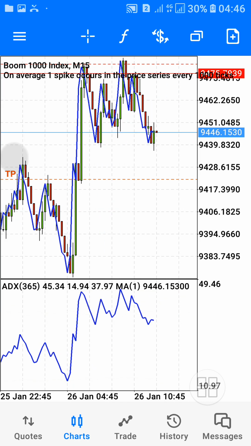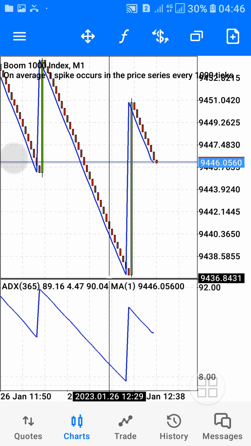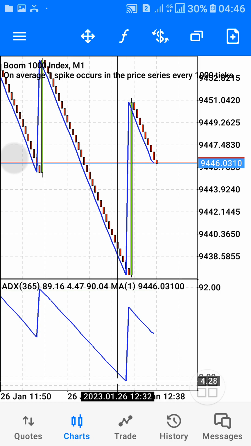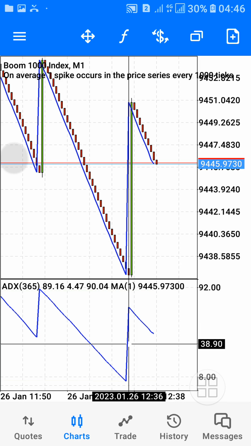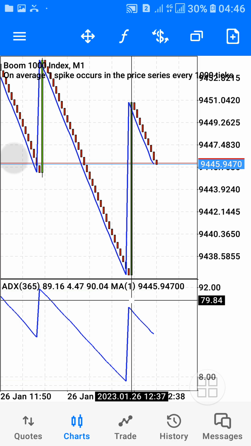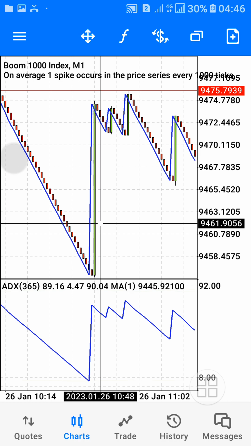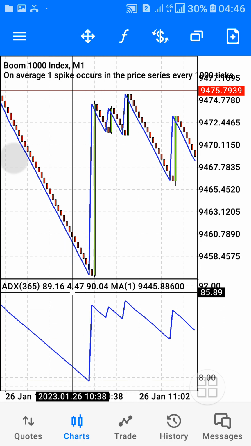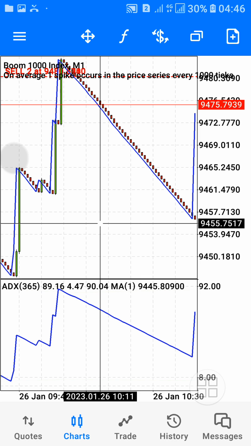Meanwhile, your entry time frame should be the 1 minute time frame. The 1 minute time frame will always take you down to areas like the selling area and the buying area. So you want to start catching the spike when it gets to this level. You also want to start selling when it gets to this level, the level 92. This is the level 92. When it gets to level 92, that is when you want to start selling.